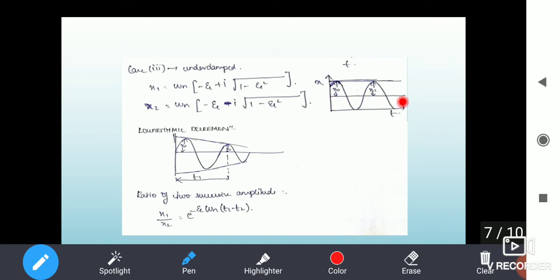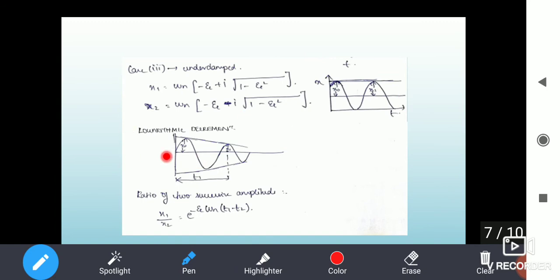Actually, this is the neutral line. So when the wave joins the neutral line, at that particular point, the vibration will be zero. So these are the basic differences between underdamped, overdamped, and critically damped. I hope you have got a basic idea regarding all these three dampings. Now we'll be moving on to the logarithmic decrement. So next we'll be seeing logarithmic decrement.